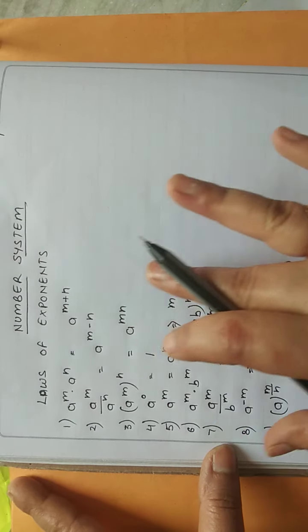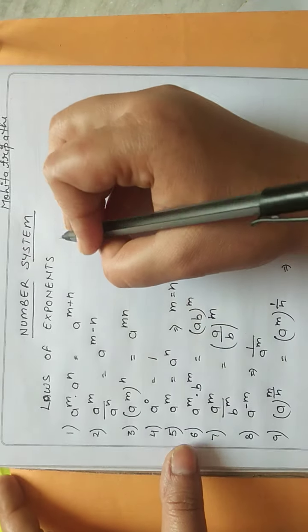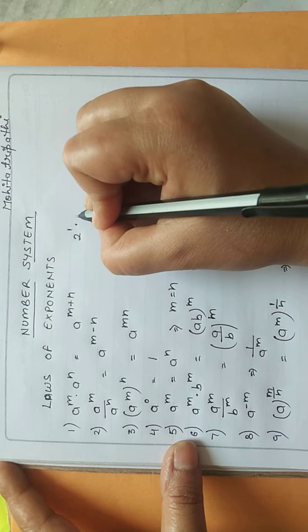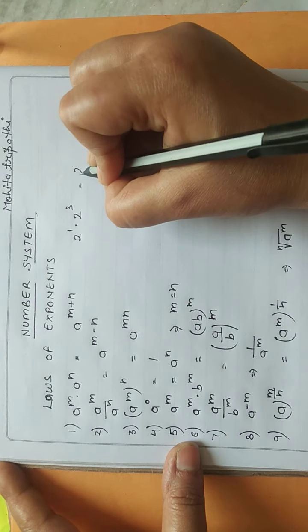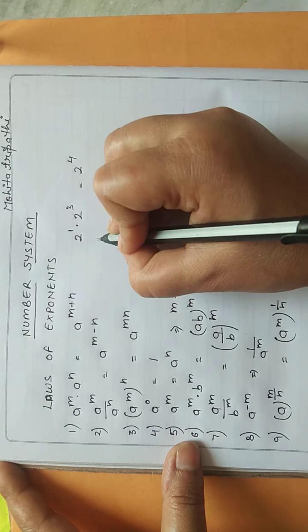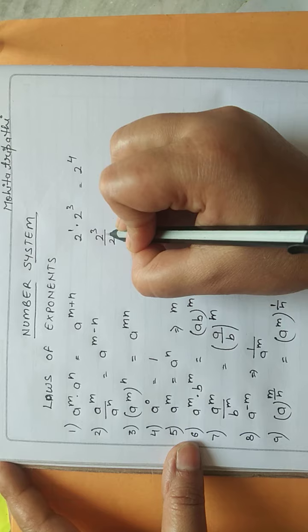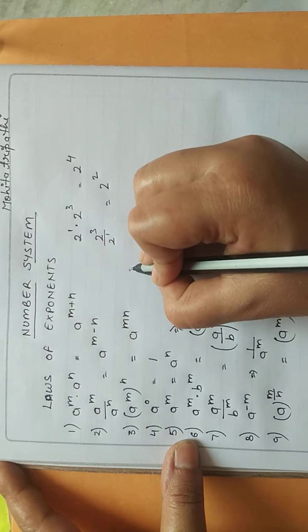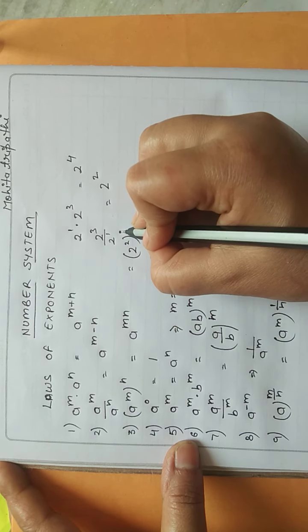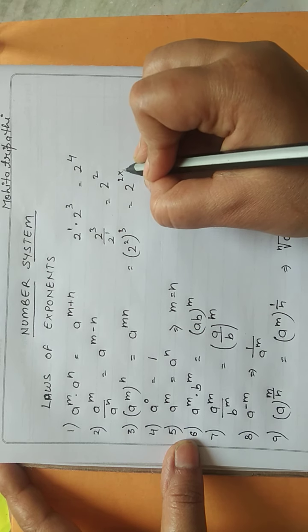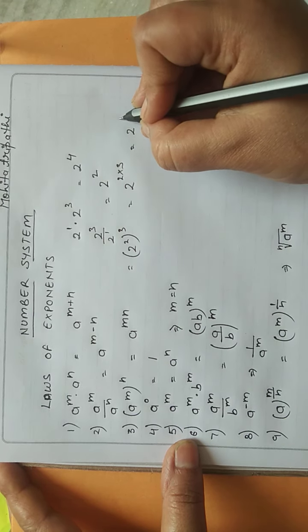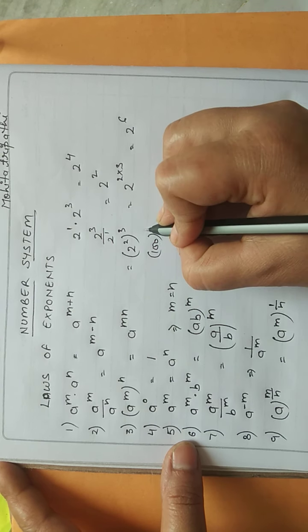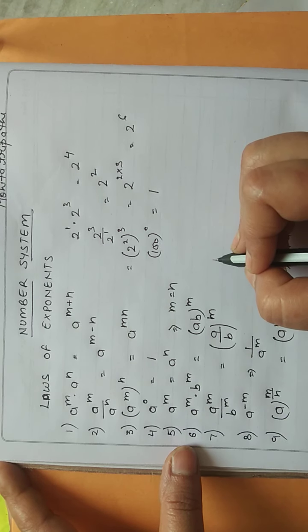Okay, now I will explain one example of all these so it is clear to you. For example, 2 to the power 1 into 2 to the power 3, so it is 2 to the power 4. Again, 2 to the power 3 upon 2 to the power 1 is 2 to the power 3 minus 1, that is 2 squared. Okay. (2^2)^3 is 2 to the power 2 into 3, that is 2 to the power 6. Okay. A to the power 0 means 1, any number. If you are having 100 also, then 100 to the power 0 is also 1.